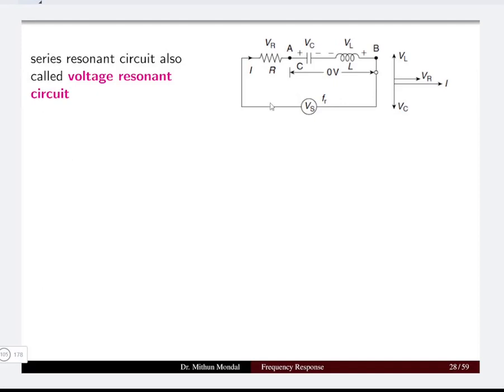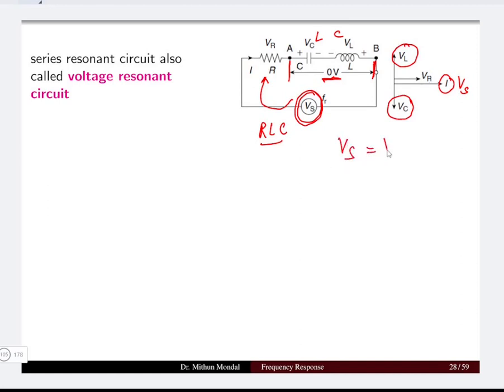So if we obtain the series RLC network, with the source voltage Vs at the condition of resonance, we can obtain 0 volt across the LC combination. So if we see the LC combination, 0 volt is there, and the entire source voltage will occur across the resistor, and the current and voltage will be in phase. So the current I and the source voltage Vs will be in phase, and the inductor voltage VL and the capacitor voltage VC will cancel out each other in opposite direction,